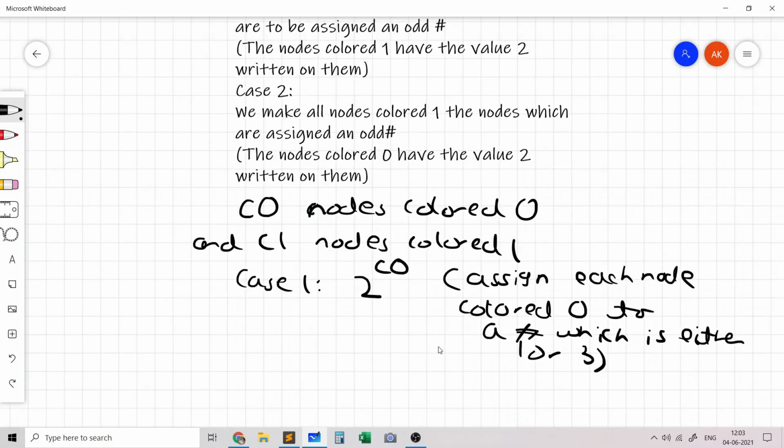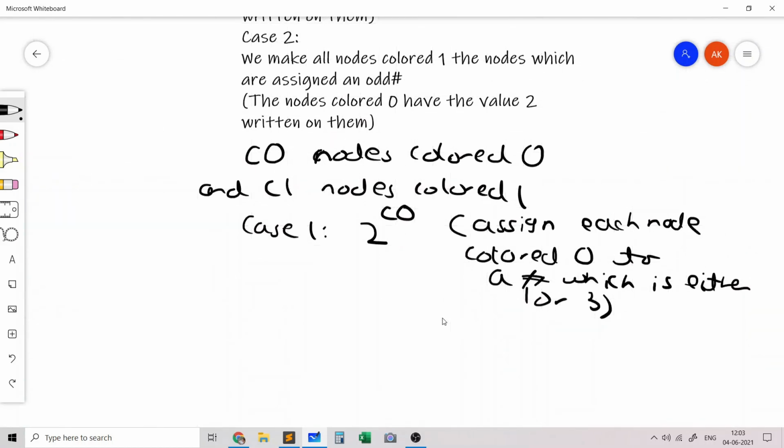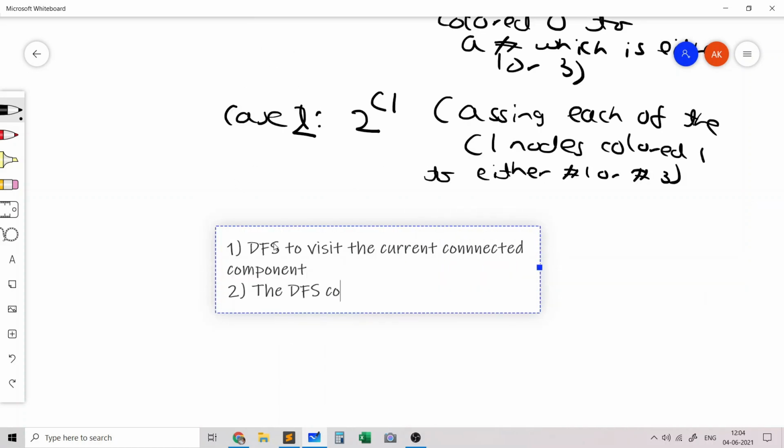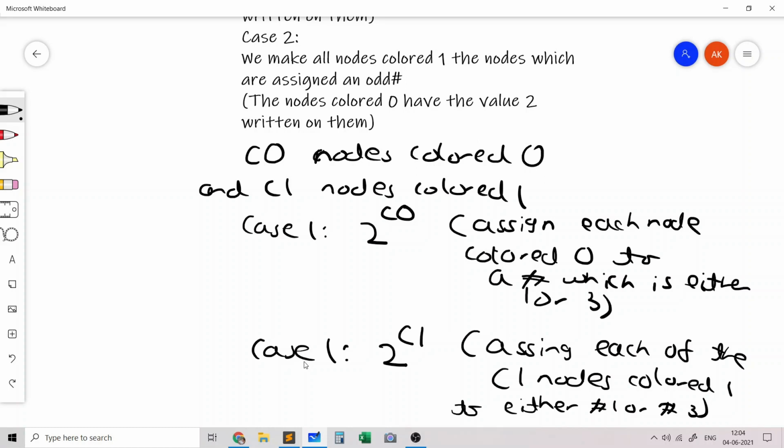And in the second case, we are assigning all the nodes with color 1 an odd number which is either 1 or 3. So hence there are 2 to the C1 ways in which we can assign each node a number 1 or 3. And this is the main crux of our solution.